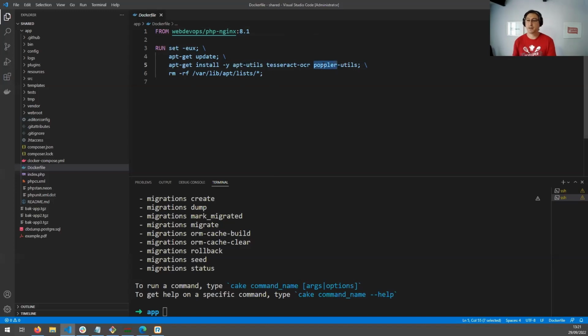And this one, Poplar, is providing us a set of utilities for transforming PDF later, because we want to upload a PDF, but unfortunately, Tesseract will not deal with the PDF directly. It will deal only with an image. So somehow we need to convert the PDF first into an image, and then the image is passed to Tesseract, so the Tesseract will provide the OCR, right? So that's the only reason we are using